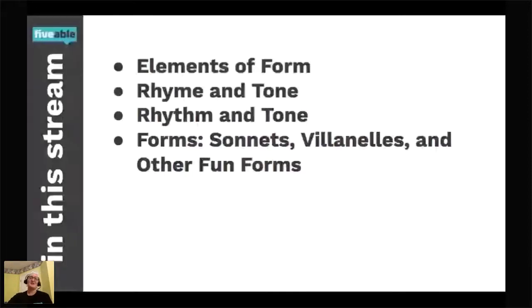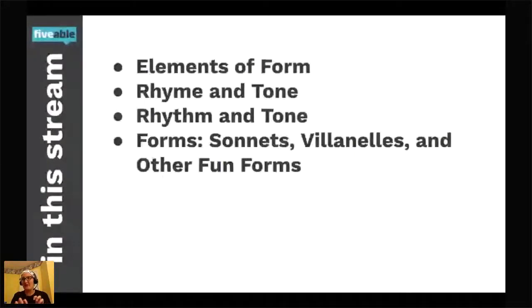Here we go. So today, we're going to be talking about elements of form. So when you're looking at a poem, these are the different elements you are going to be looking for in order to determine meaning and tone from the pieces of that poem. That is not just subject matter. I'll specifically be diving into rhyme, rhythm, and different forms, but I'll be touching on some other parts of what you might look for in a poem. If we have time at the end, we'll go through some other fun forms. If not, I'll just get through what I can.